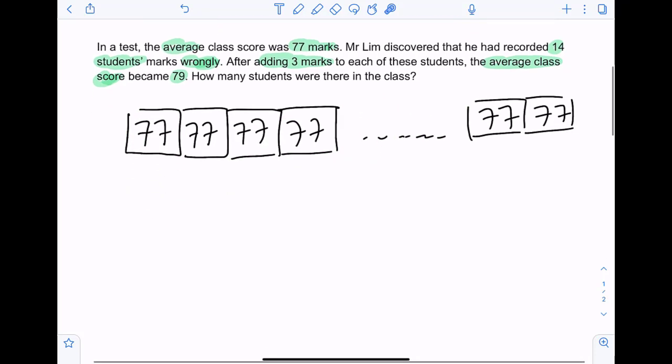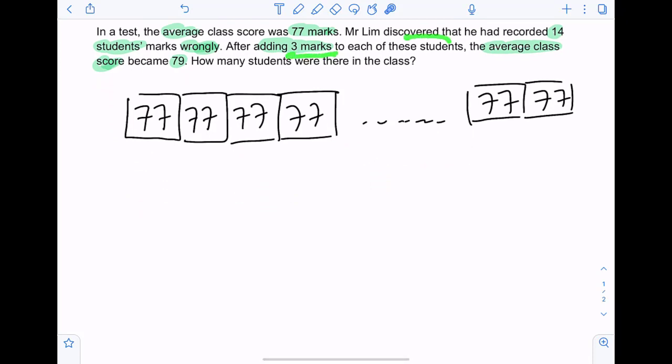So what he did was he added 3 marks to each of these 14 students, which means the total marks that he had added will be 14 times 3. That will be 42 total marks added. Now, because he added 42 marks, the average of each and every one of these students